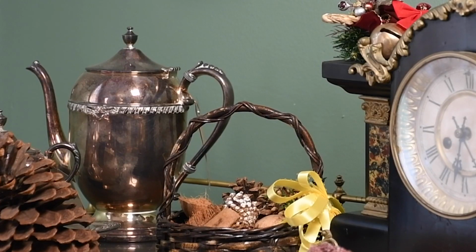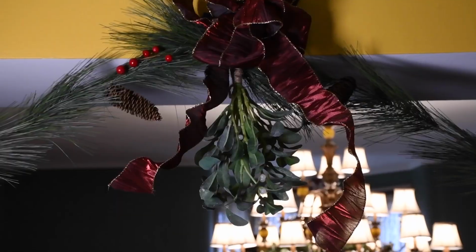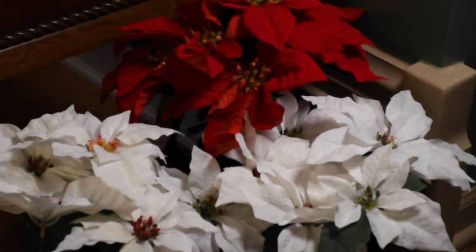Hello, please step into the parlor. A very important component of the Victorian Christmas was the decorating. Just about everything in or on the house was decorated. Victorians used evergreen boughs, pine cones, wreaths, holly, mistletoe, fruits, nuts, berries, almost anything from nature to bring the life of the outdoors indoors. The idea was to make the home burst with holiday colors,